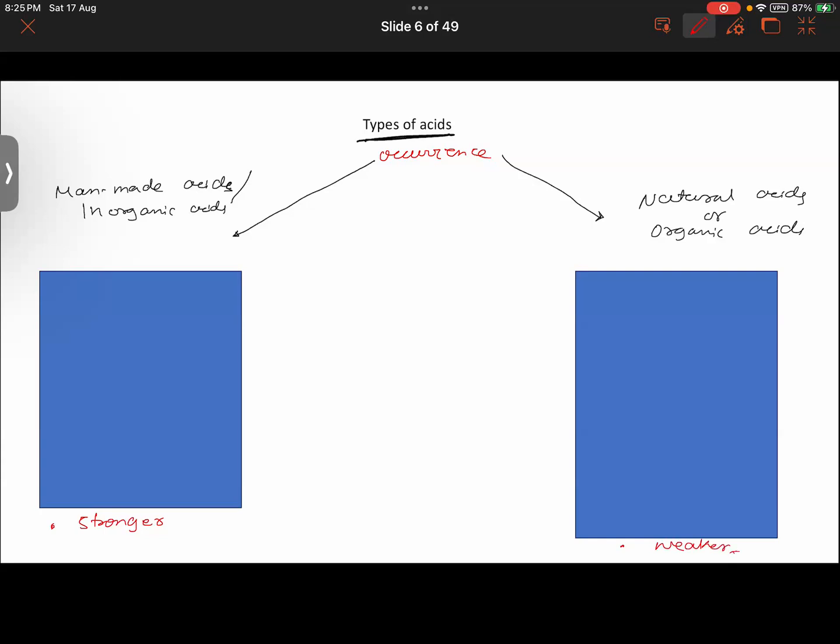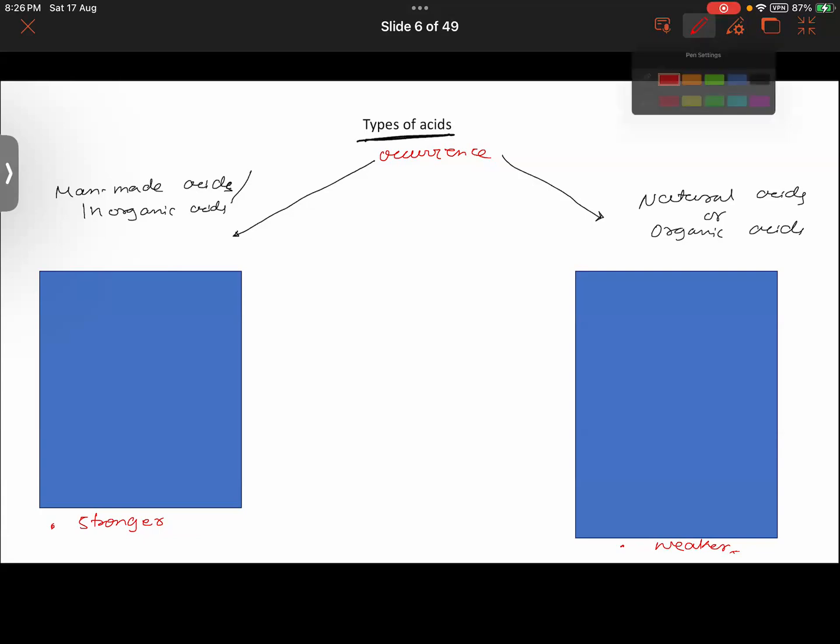Okay, so right over here we have one more classification on the basis of their strength also, right? So we can classify the man-made assets made by we humans in the laboratory. They would be stronger as compared to the natural assets. Getting it so far? Okay. Now talking about some of the examples. Like for example,